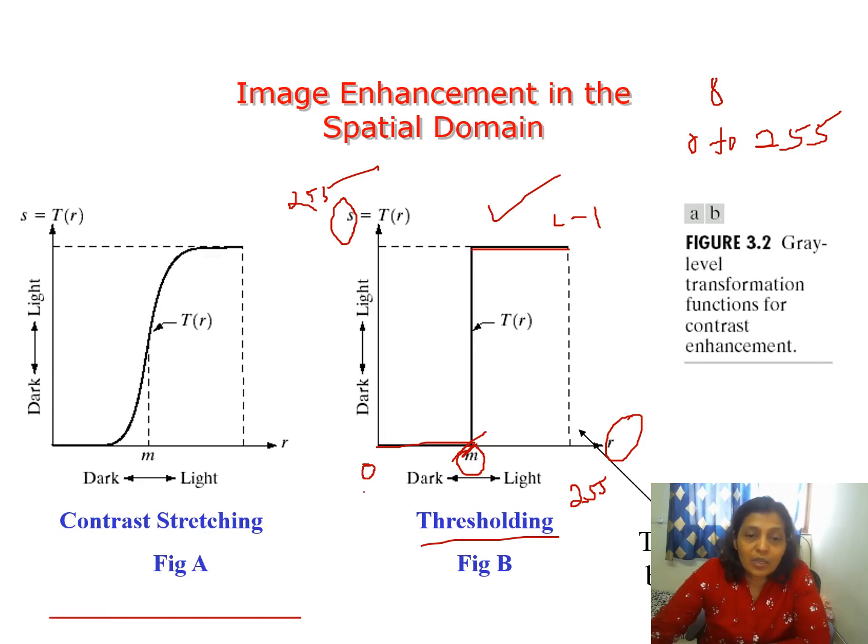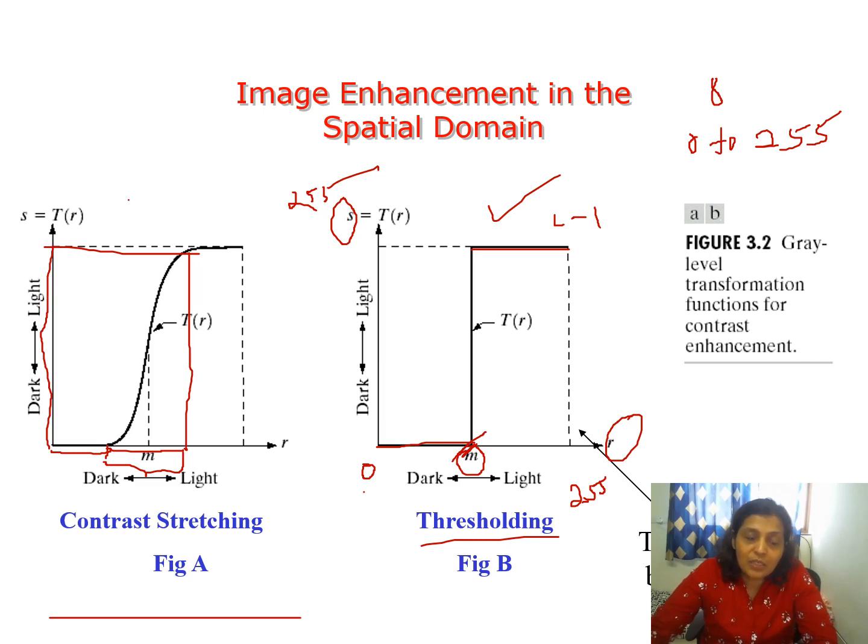Now here it's contrast stretching. Now I will explain what contrast is. Contrast means you should be able to differentiate between the foreground and background properly. That's what I told you. So suppose I change the slope of this curve, what will happen? Now you can see here, this is the range of input gray level values, and what is the corresponding output value? So can I say that for a smaller input range, I am going to assign the maximum output range? So this is 0 to L minus 1, right?